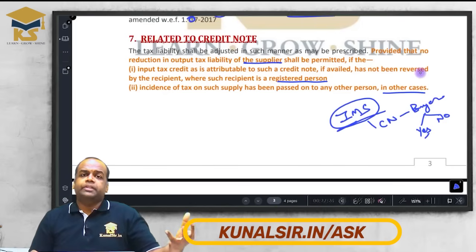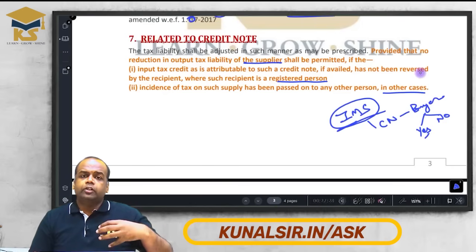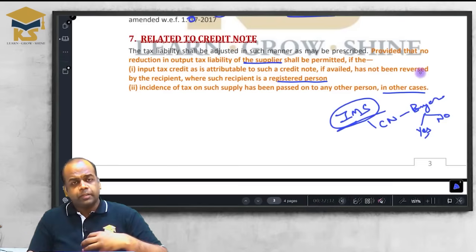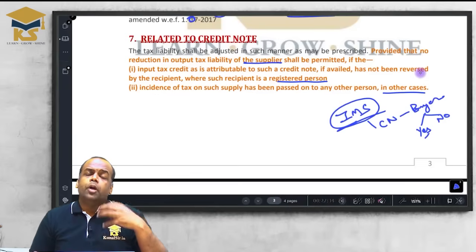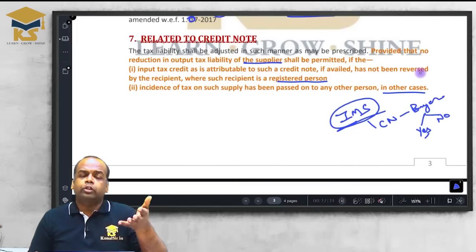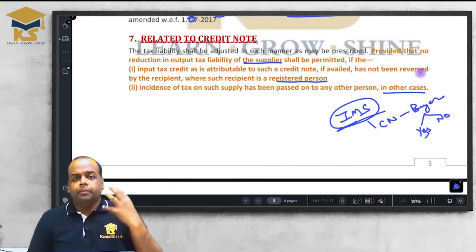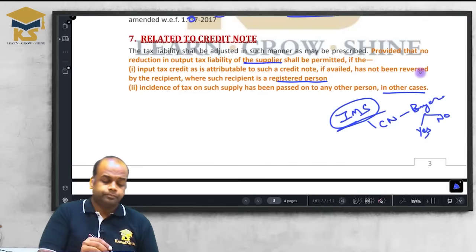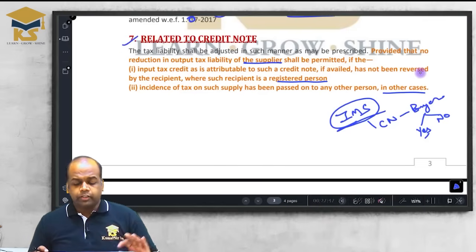It's not like you take GST from the customer as well and then do what, you don't give it to the government either. If you have taken GST from the customer, it means you have passed the incidence of tax, then you have to pay to the government whether you are liable or not. Because once you collect, you are supposed to deposit. Okay? So related to credit note, clear?